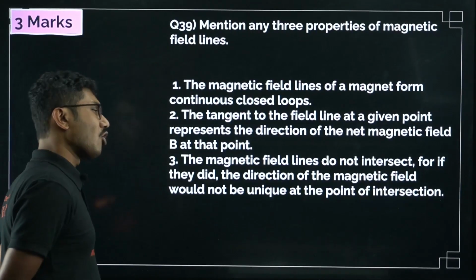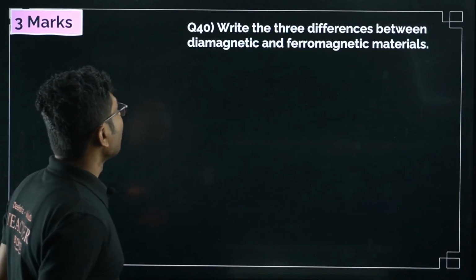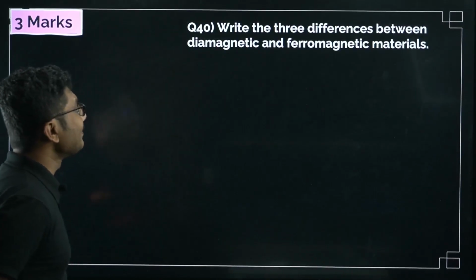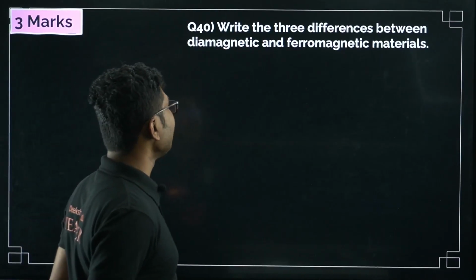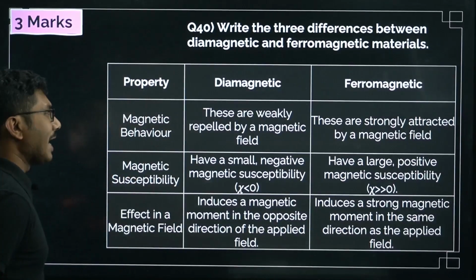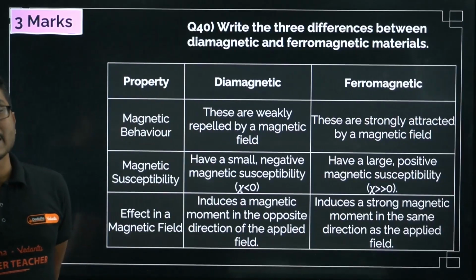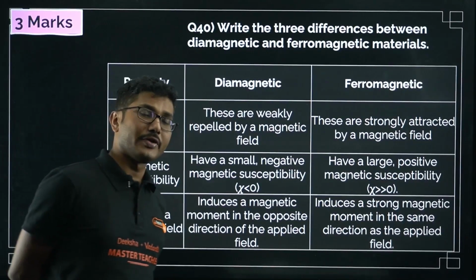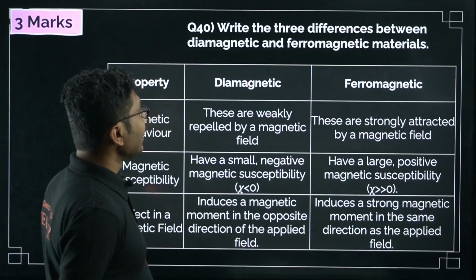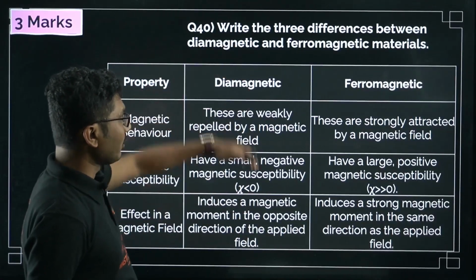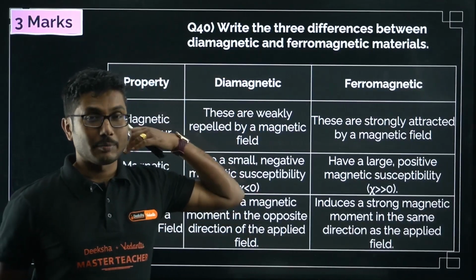So another common question. Question number 40: write the difference between diamagnetic and ferromagnetic material. As I said, we'll be doing diamagnetic, ferromagnetic, and paramagnetic. Para and ferro are also very common. In that case, you have to replace all these properties with the paramagnetic properties that we have learned in